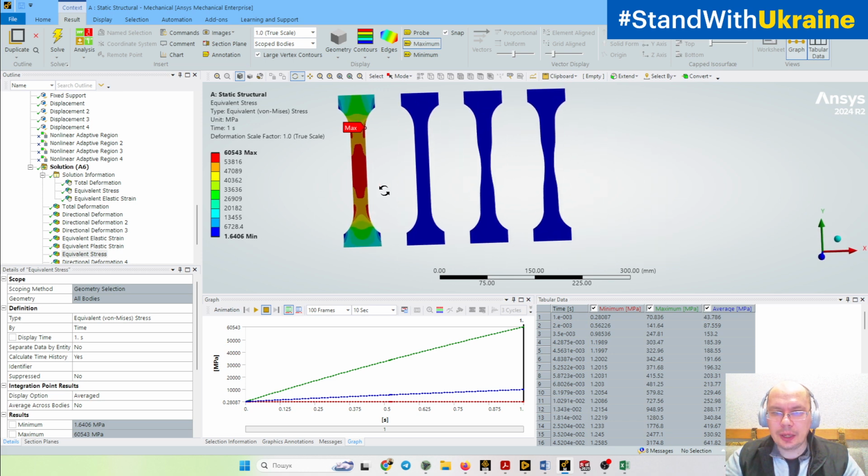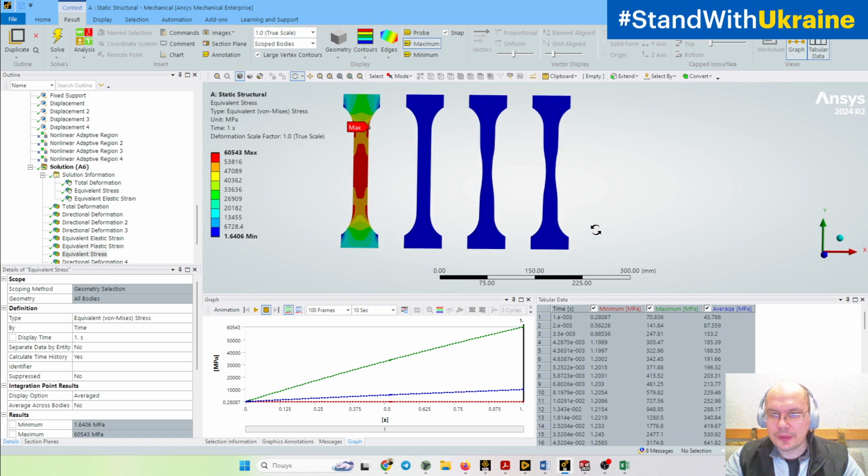And we can look at these blue objects and see that an object will be blue if its stress is less than almost 7,000 megapascals. If we change the limit to 250 megapascals, we will see that, sorry, not here, here,